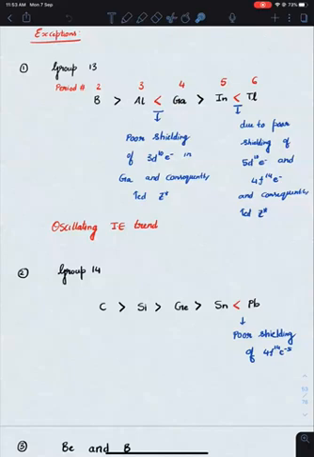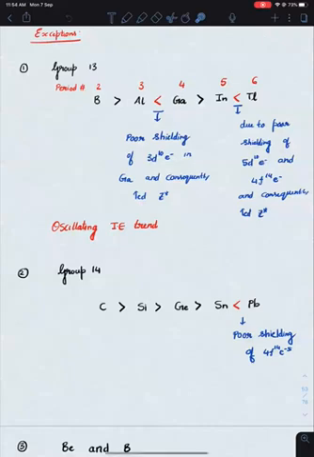Those two factors: one factor is more number of shells in gallium, the other factor is greater Z star in gallium. These two factors counterbalance, and the atomic radius of aluminum becomes almost equal to the atomic radius of gallium. Right? This exception we saw in atomic radius. So both gallium and aluminum have similar atomic radius, but gallium, having greater Z star, will have greater ionization energy. So boron has greater ionization energy when compared to aluminum. Aluminum has lesser when compared to gallium.